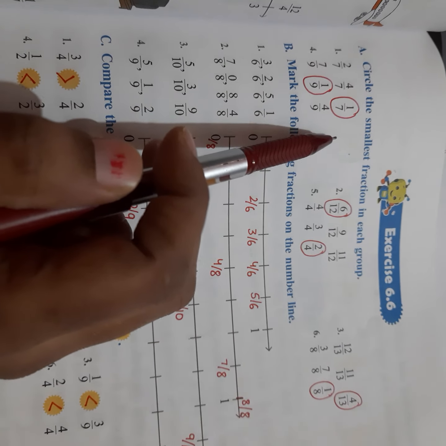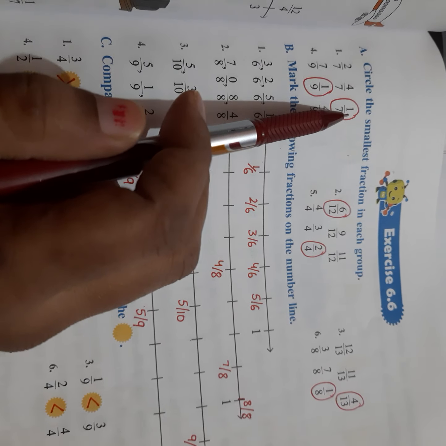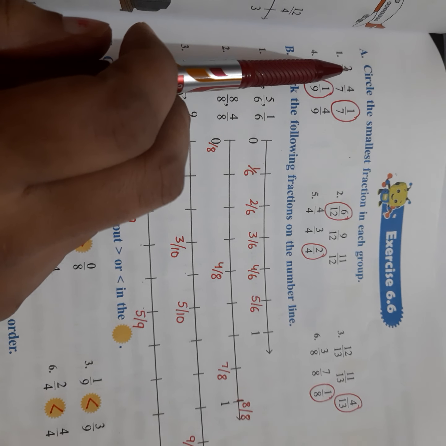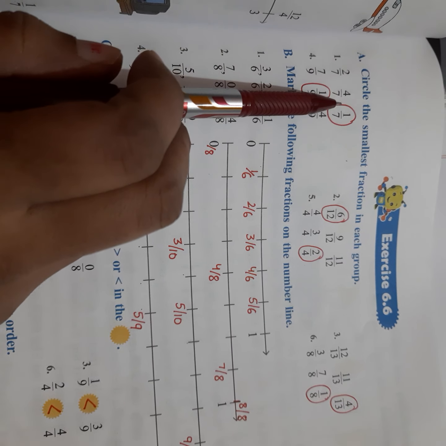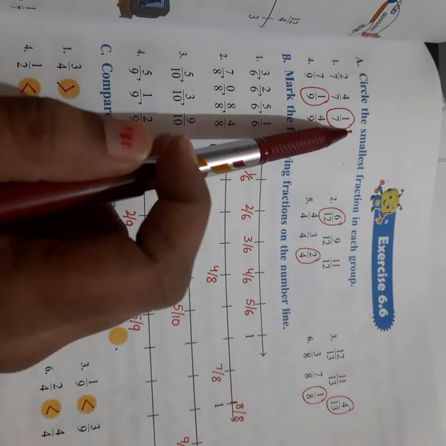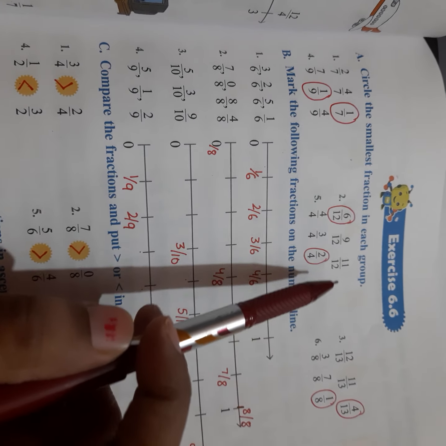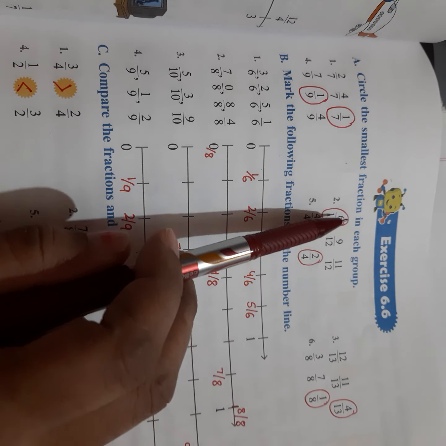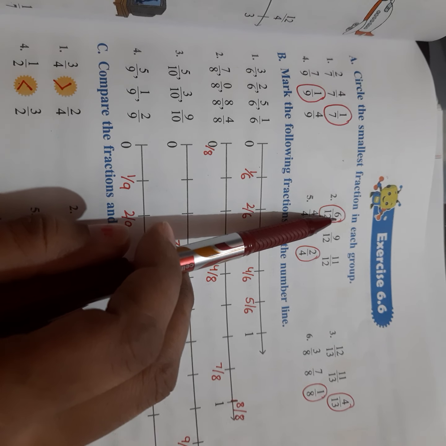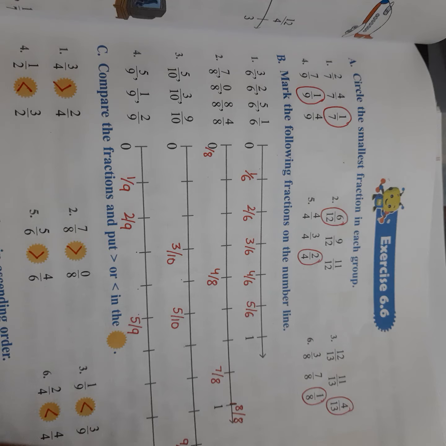If the denominator is the same, what do we have to compare? Only the numerator. So in the numerator, this is 4, 2, 4, 1. Which is the smallest one? This one. So the fraction 1 upon 7 is the smallest one. Same here, the denominator is the same, 12. So you have to compare the numerator; the smallest is 6. So 6 upon 12 is the smallest.